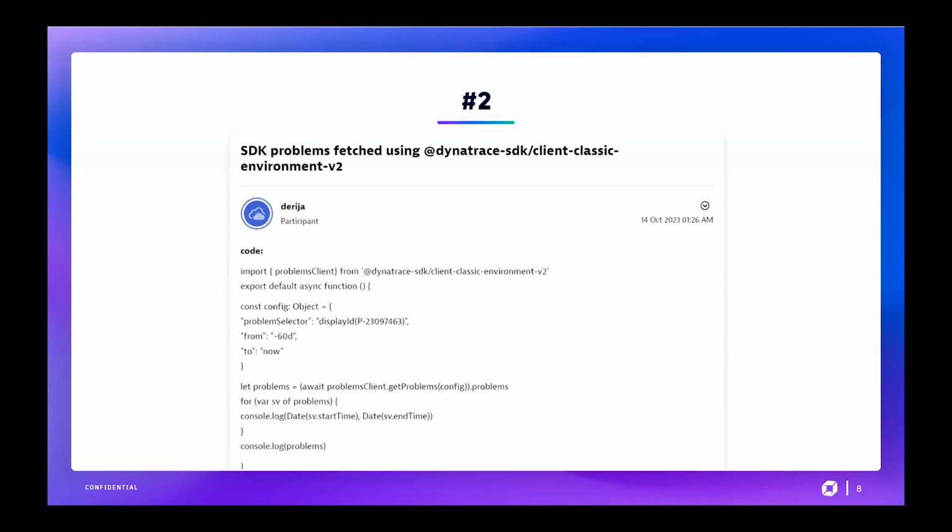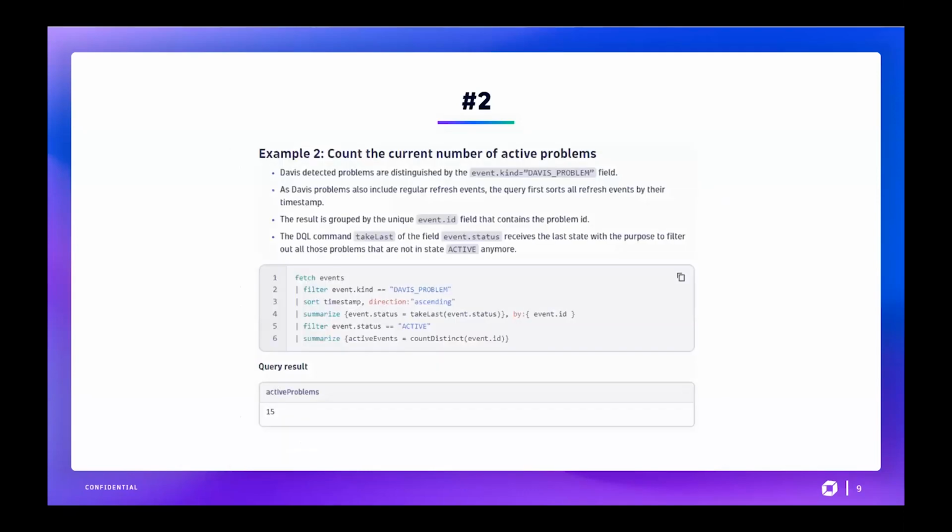Yeah, so that person wasn't aware what kind of data is already available on the Dynatrace platform, and especially in Grail. And that person wanted to use the environment v2 API and the environment v2 SDK to query problems. But with Grail, since we launched Grail, what we have since the beginning are basically Davis events and problems in Grail. So if you want to access or query any kind of problems, you don't have to go via the environment v2 API. You can just use DQL and query